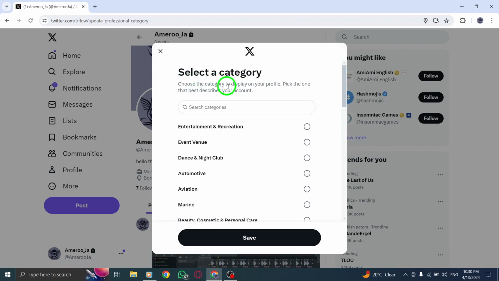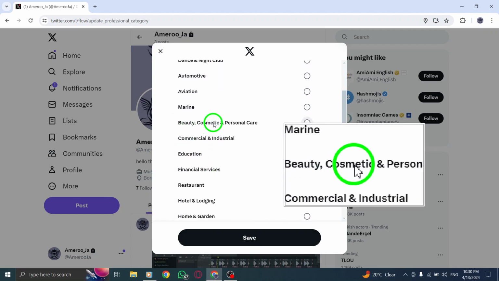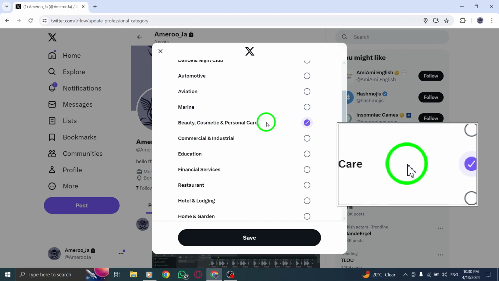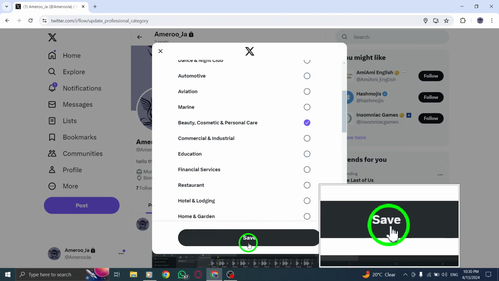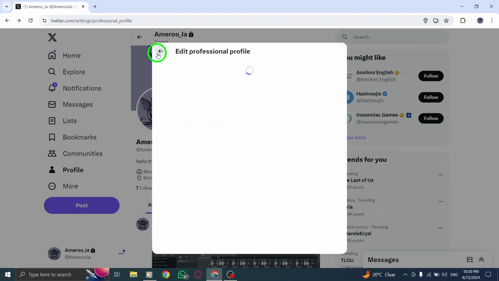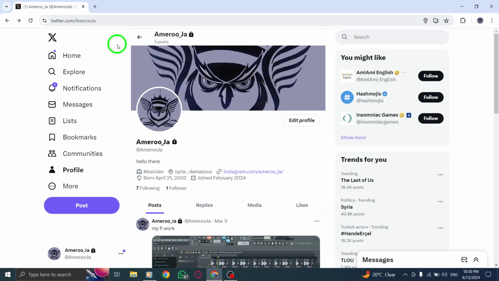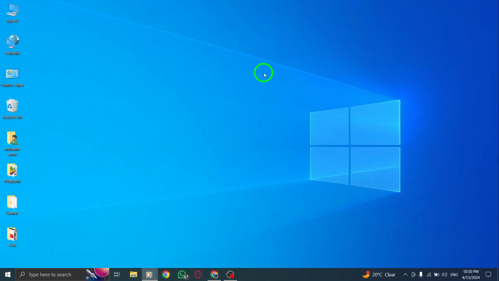In the search bar provided, type in Beauty, Cosmetic, and Personal Care and select it from the suggestions that appear. Once you've chosen this category, remember to click on Save to confirm your selection. By following these easy steps, you can effectively switch your Twitter profile to showcase your interest in beauty, cosmetics, and